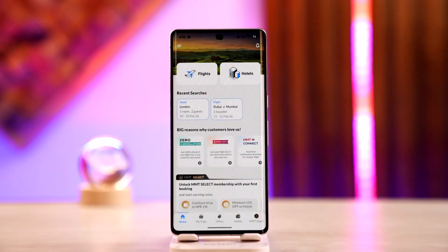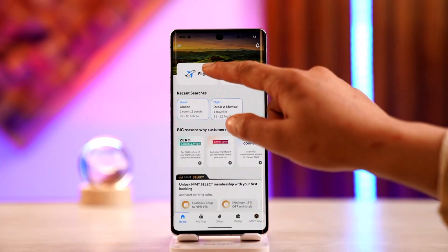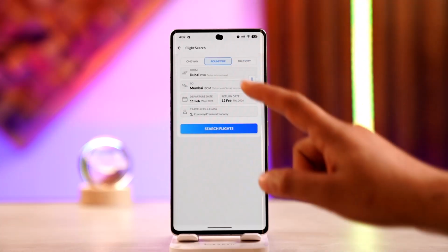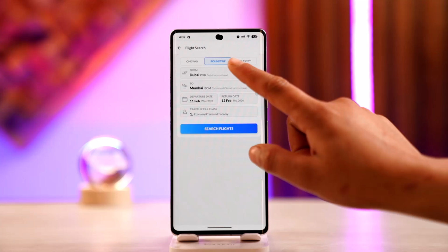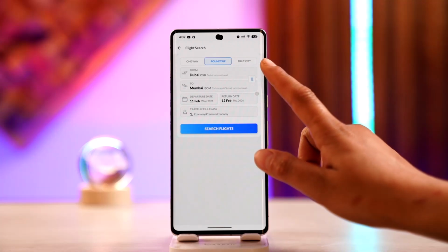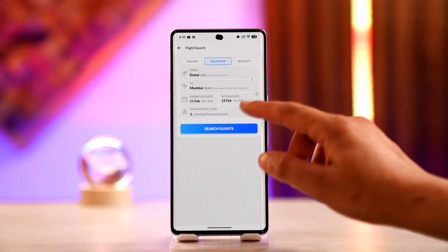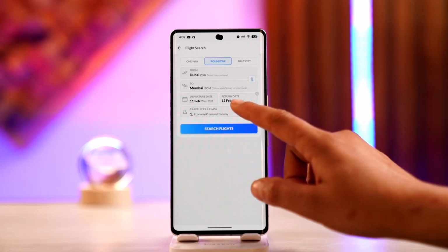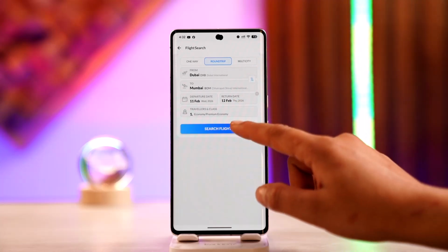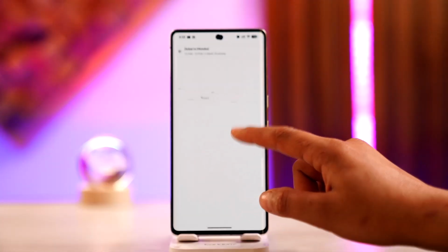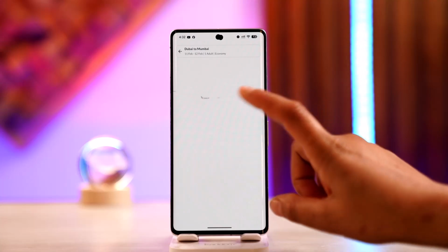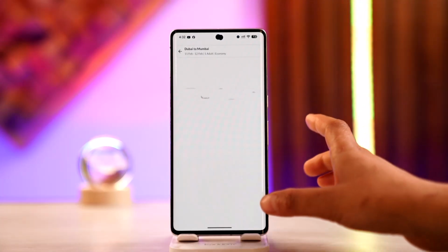You could select hotels or flights, either one of these options. Select it, select the method like one way, round trip, or multi-city, and next you also have to select your country and all that, and go ahead and enter your departure date, arrival, return, all that, and select search. All right, once you've searched for the flights, then when you proceed on to the checkout procedure, you just